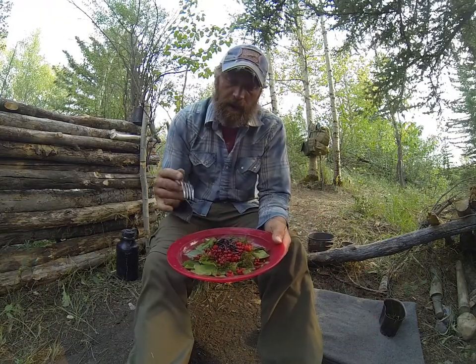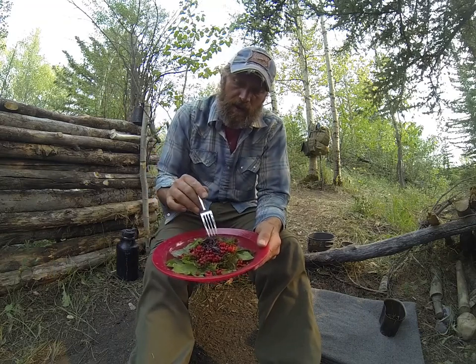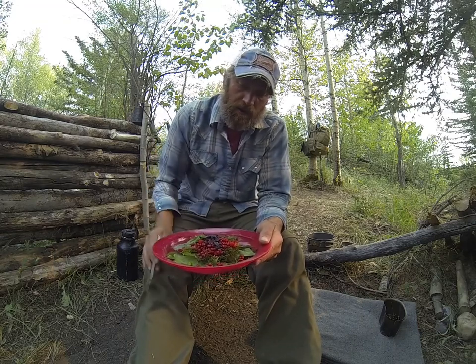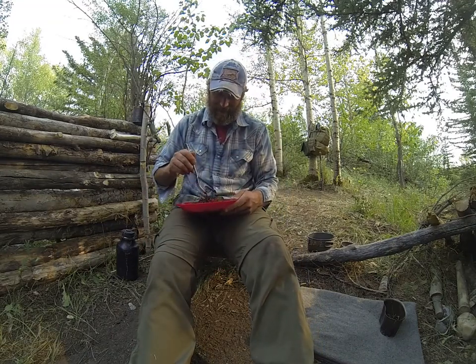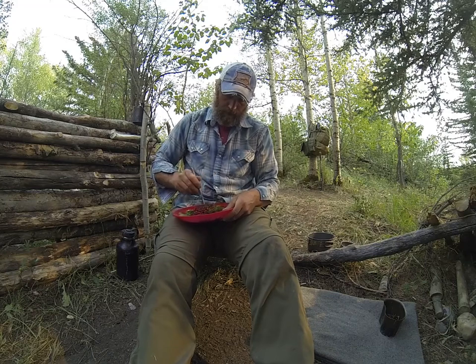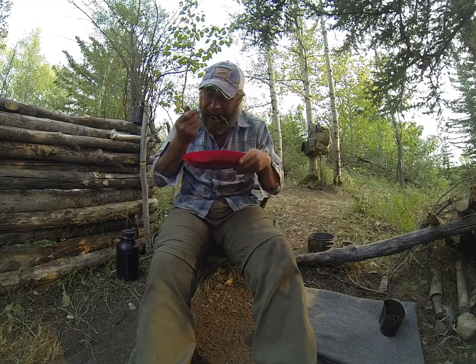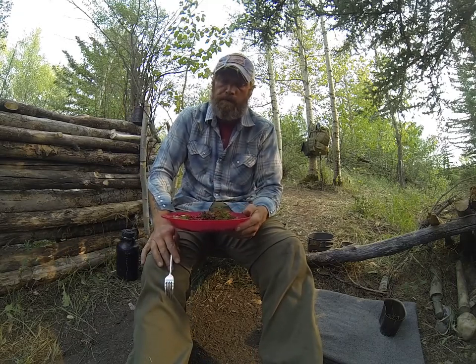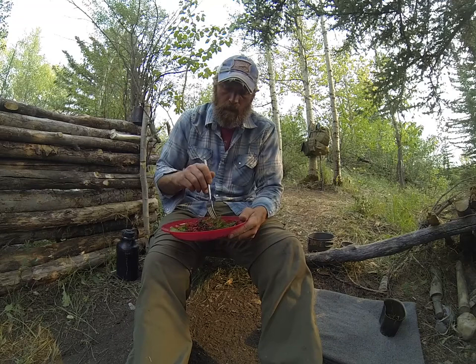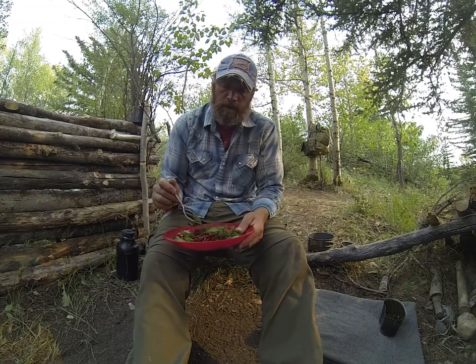Okay, so there's the meal that I was able to forage in that 10 by 10 space in 1 hour. Got my bugs well done there, worms, grasshoppers, all the greens. Should be a good one. Should get lots of berries in there. Get a hint of those